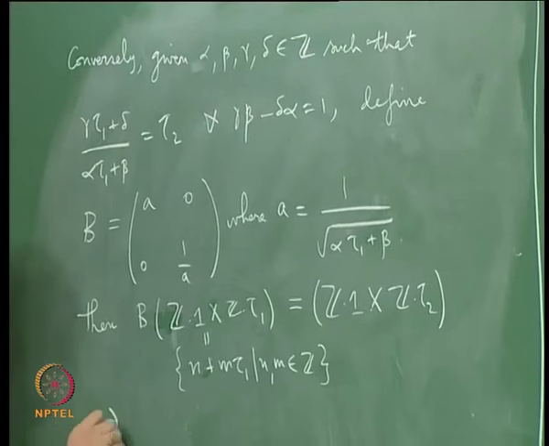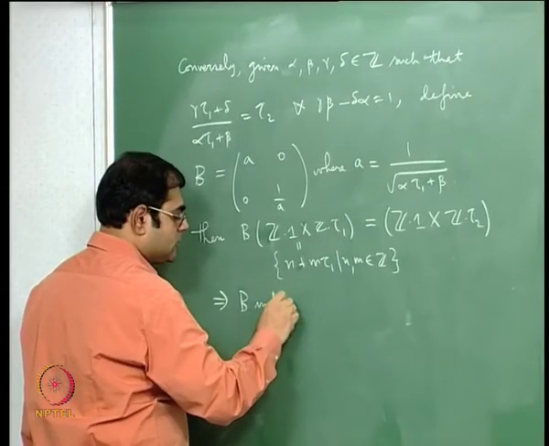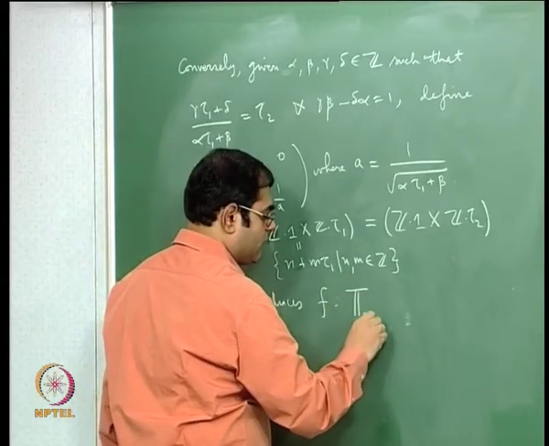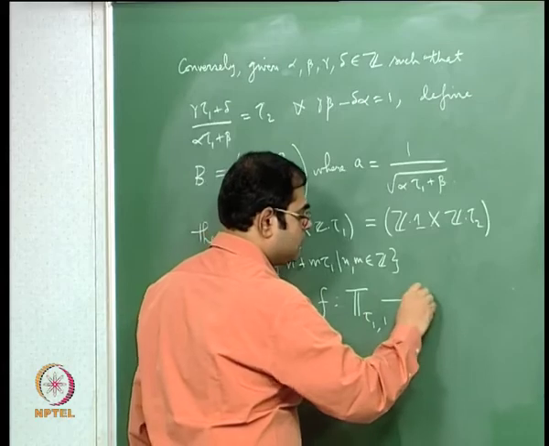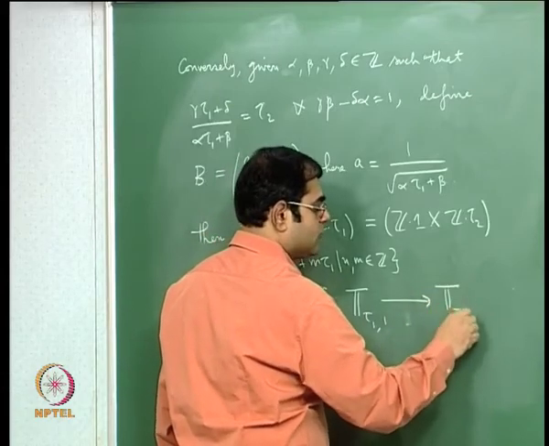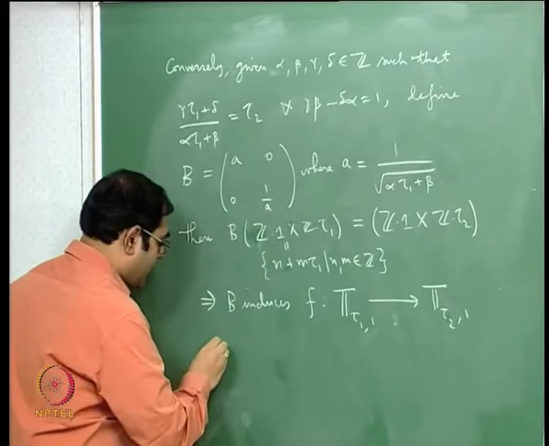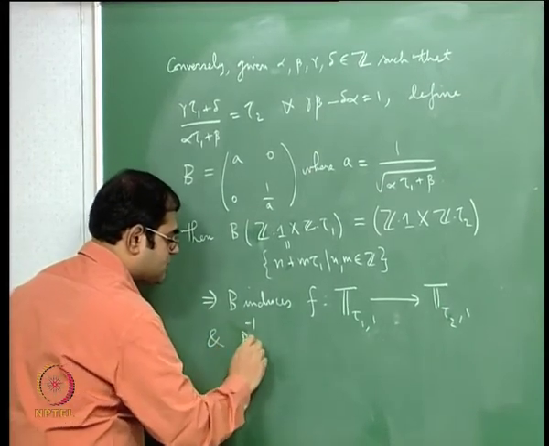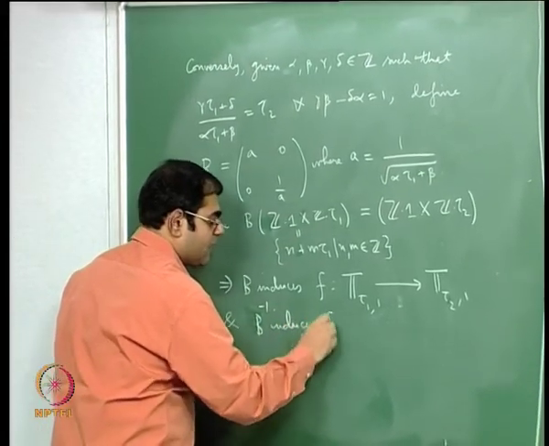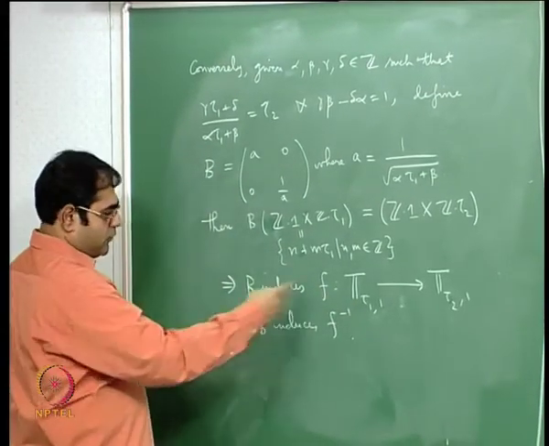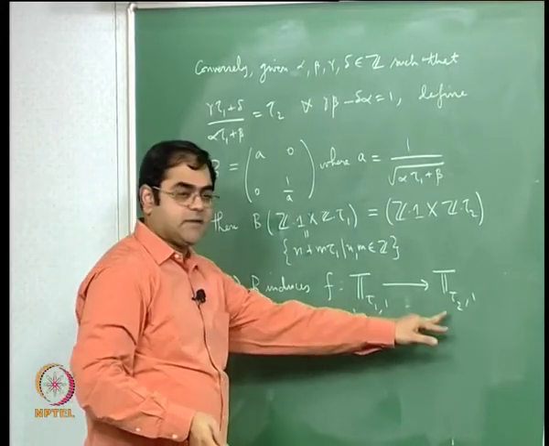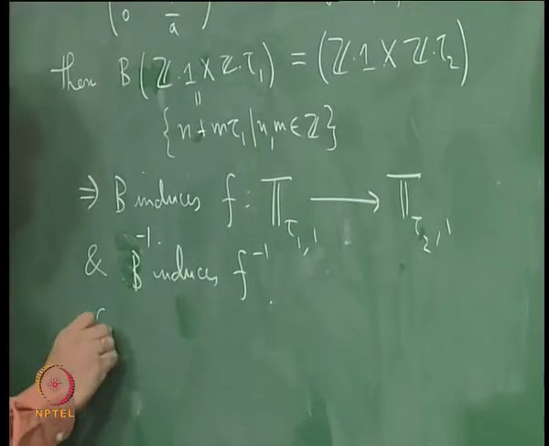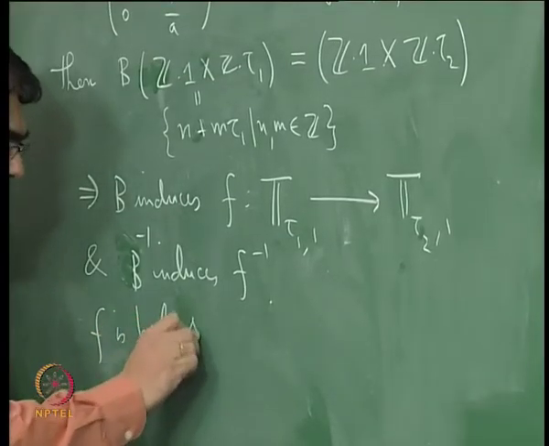So this will imply B induces F from the torus defined by tau 1 to the torus defined by tau 2, okay, and B inverse, of course, induces F inverse. The only thing that is left is to see that F is holomorphic. That is because F is holomorphic since